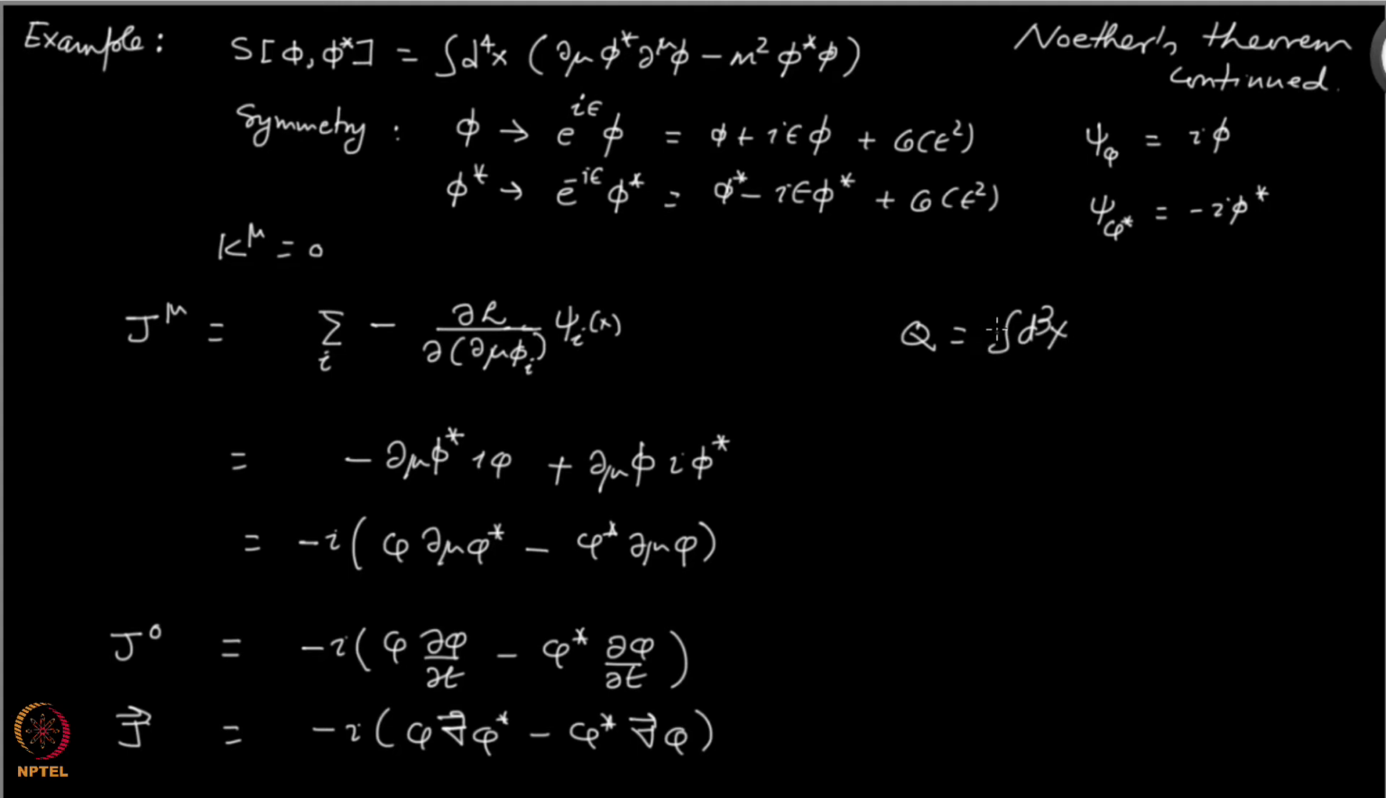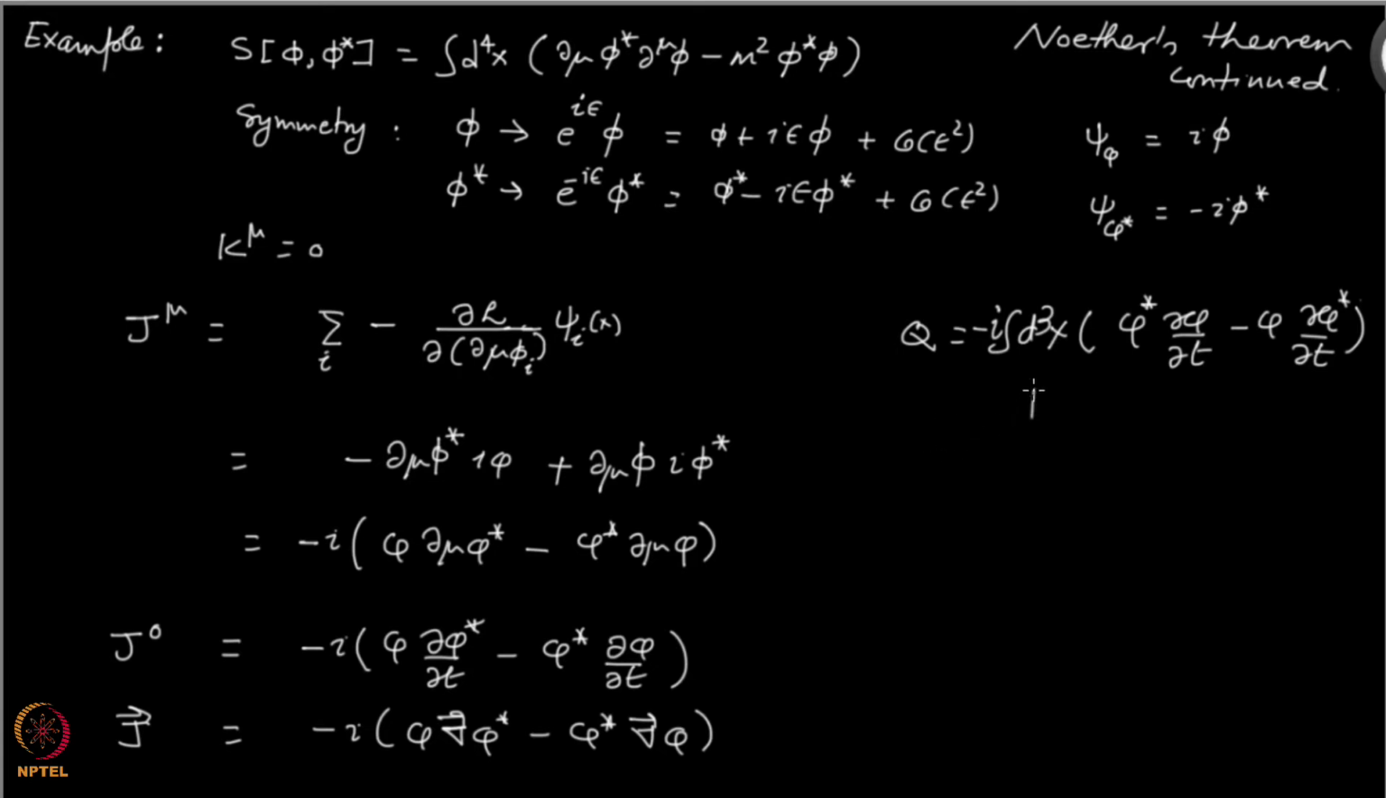and j0 is this, so I put a minus i phi del phi over del t minus phi del phi star over del t. Something wrong here. Let's check phi. Okay, so many things wrong. What did I do wrong here? Phi, this should have been starred. This is fine. So this looks okay. Okay, so that's the charge,